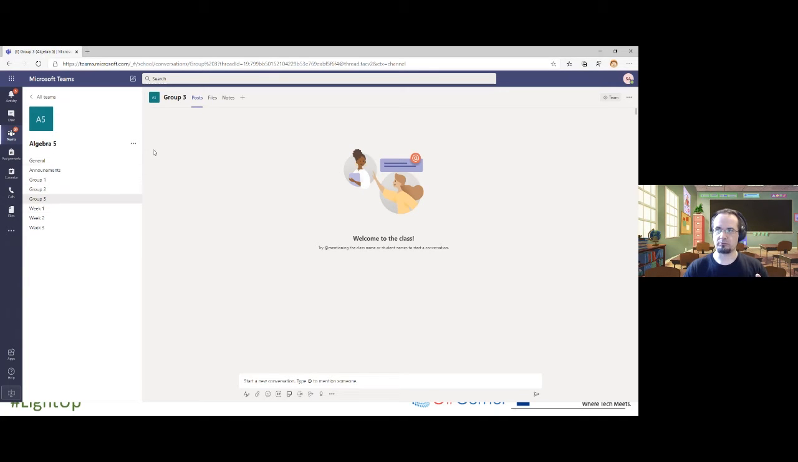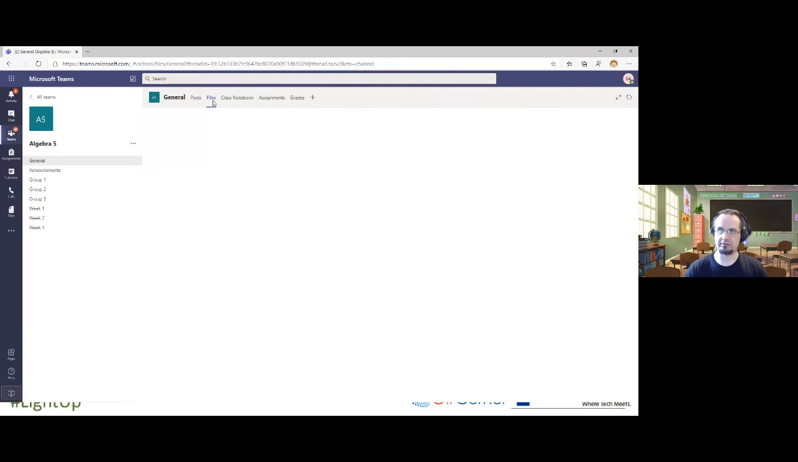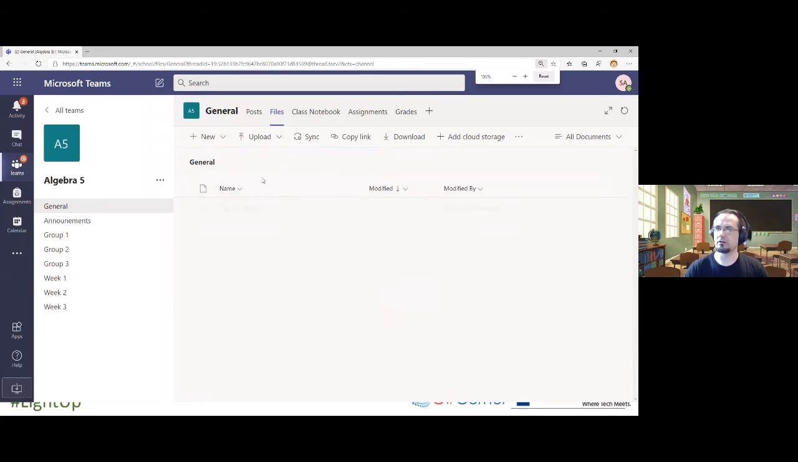Okay, so we have a basic structure, and if I go to general, we will go through tabs, because we have 3 additional tabs compared to classic Teams. We have posts, so that's chat, our group chat. We have files. I will make it a little bigger. So we have files, and first change,